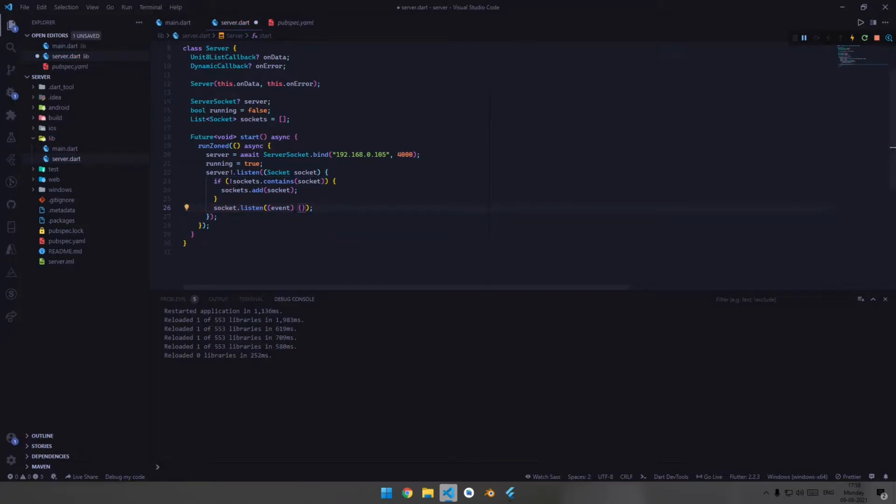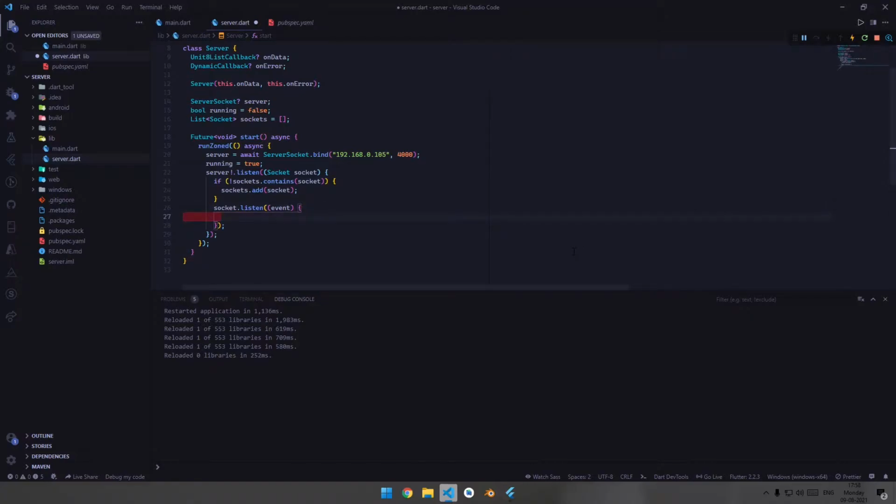This event is of data type Uint8List. So basically when the message is coming from the client, that particular string is converted into a Uint8List, and over here it will be decoded, from Uint8List to string, on the server side.